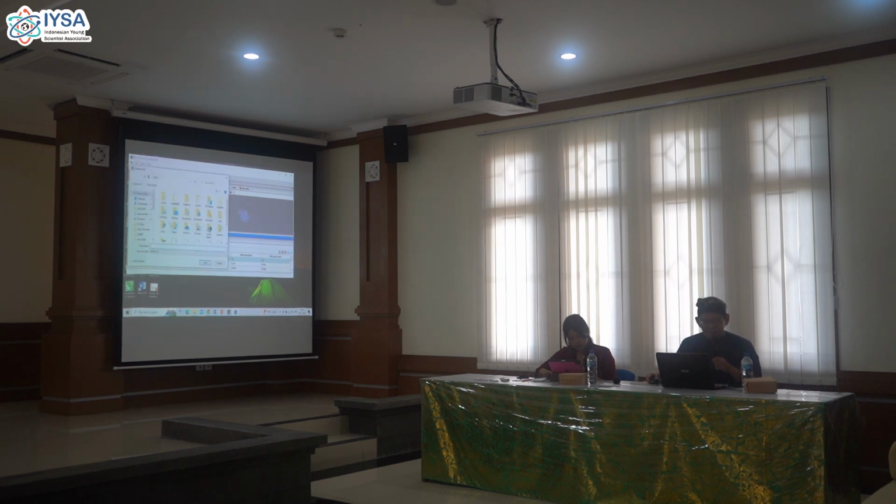We save in PDB. The name is docking here. It's already docking. Okay, this is the name of the docking, the molecular docking. So this is the molecular docking.